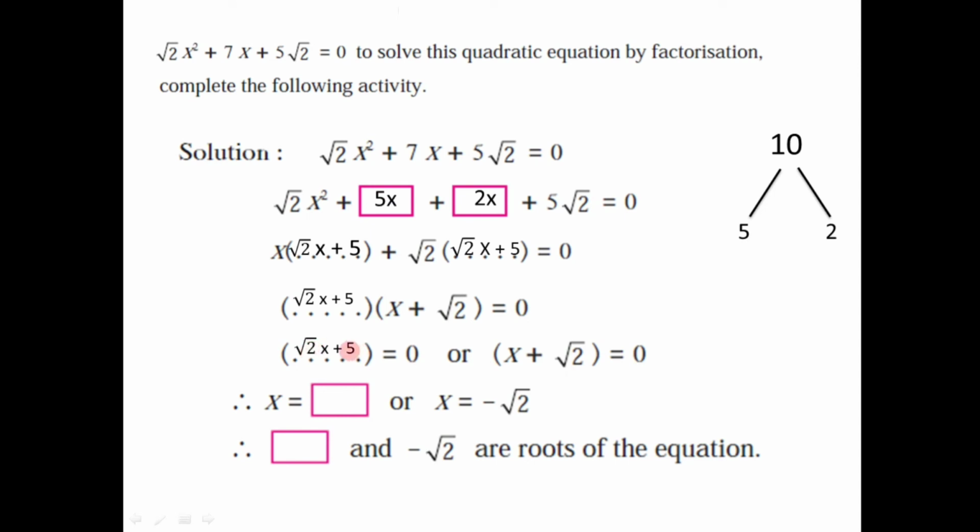If we go on solving this one, if we take 5 to the right hand side, it will become minus 5. And if we take root 2 to the right hand side again, then it will be in the denominator, so as to get the value minus 5 divided by root 2, or x is equal to minus root 2. As we take plus root 2 to the right hand side, it will become minus root 2. So here we got two solutions of this equation, that is either x is equal to minus 5 by root 2 or minus root 2. These are the solutions of the given quadratic equation.